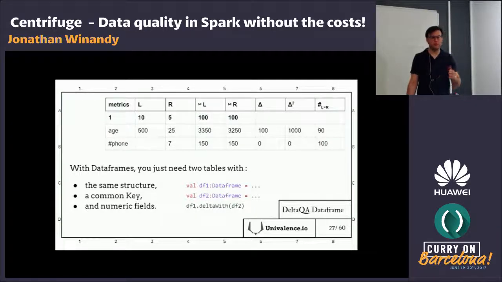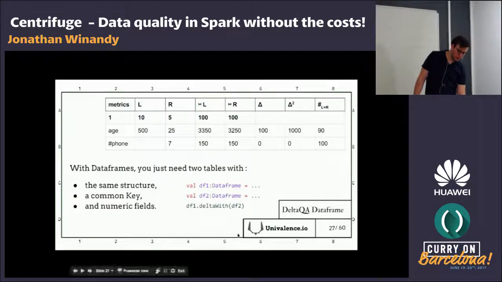And you're able to know how much you lost, and where most of the rows are identical or not, because it's a very good property. Let's say 99% of the rows are identical, but only 1% of the rows are different, and they are generating that much difference, and so on and so on. So to use that with a data frame, you import the centrifuge.